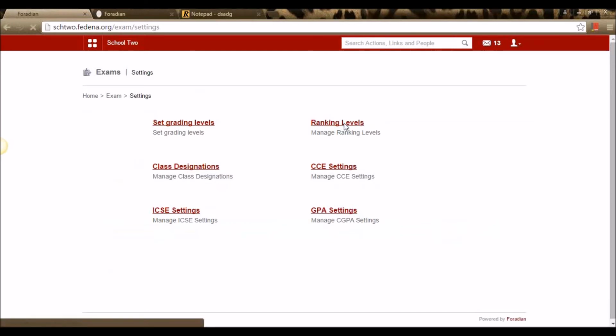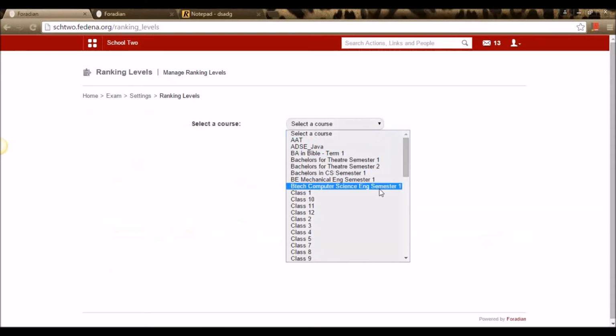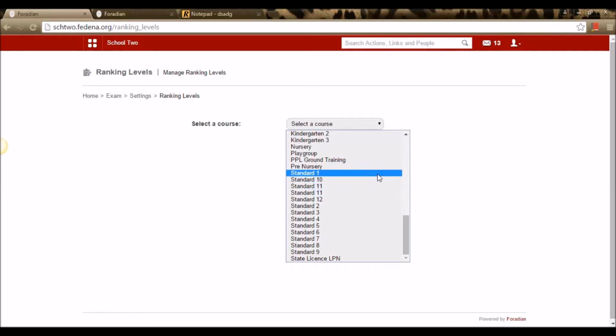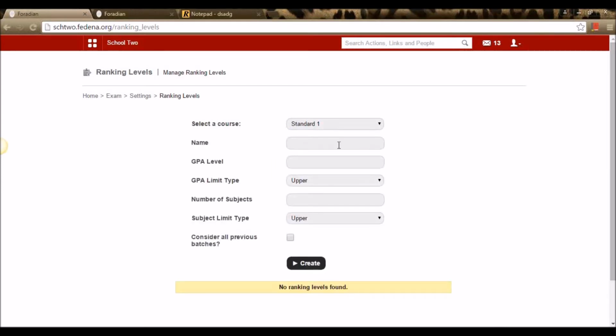Next, let's create ranking level. Let us select a particular batch and create ranking levels. I'm creating as top performer.